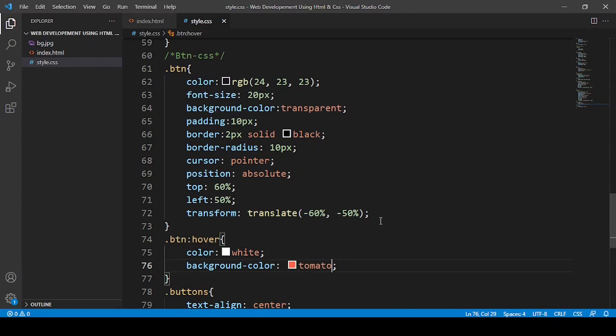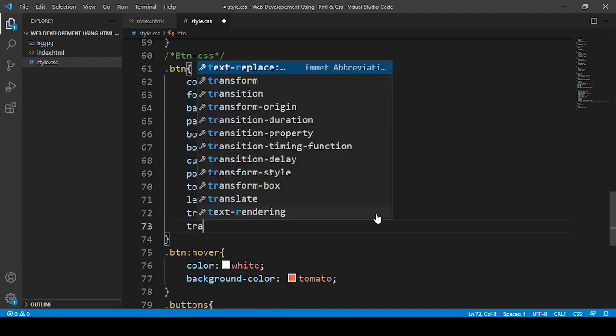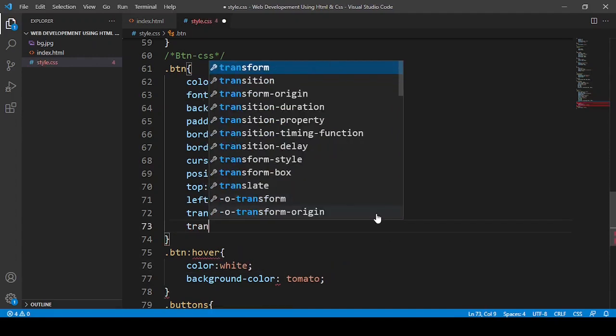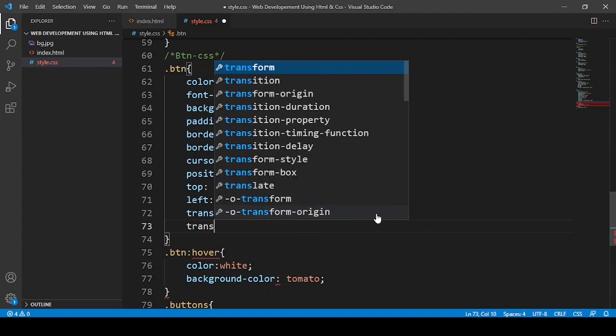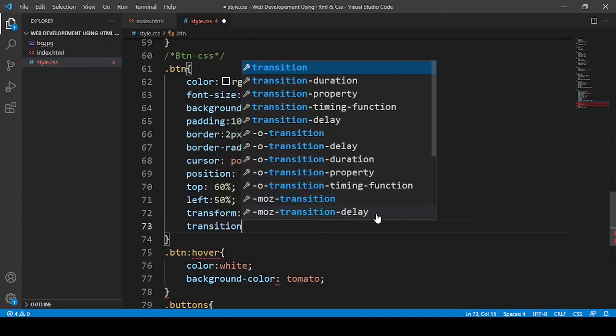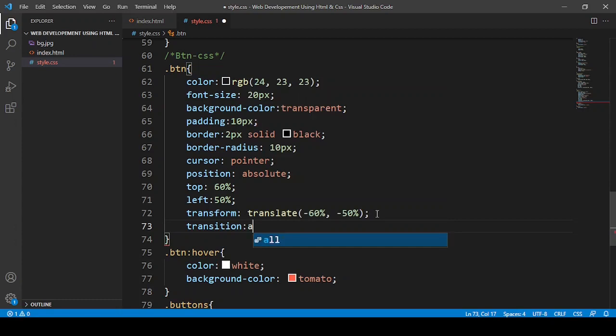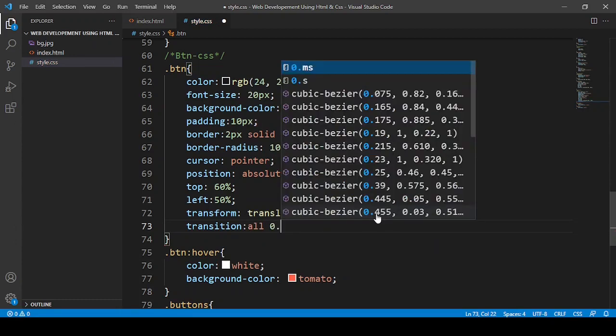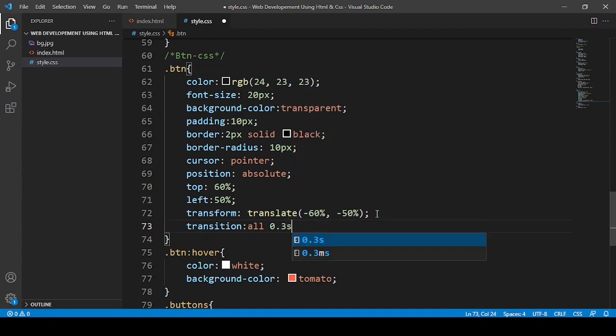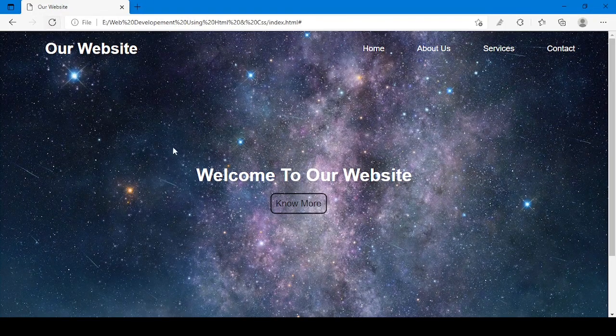And not only that, here I am going to use transition also. I'm going to say all, 0.3 second, ease-in-out. That will add smoothness in the transition.